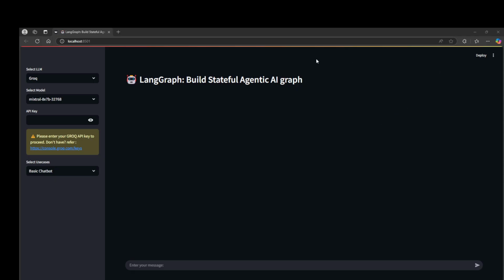So in this simple application, it will have this left side pane where we should be able to select which LLM provider we are going to use. For now, it will be Groq. And under Groq, which model we are going to select. And for those models, we will be leveraging some API key, which we have already procured. Or if you don't have one, you should be able to procure it from here. And then you should be able to select a basic